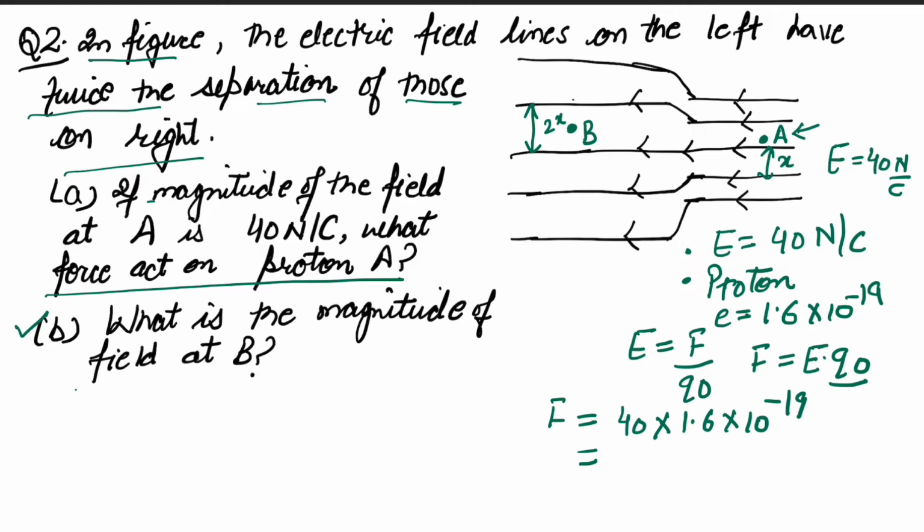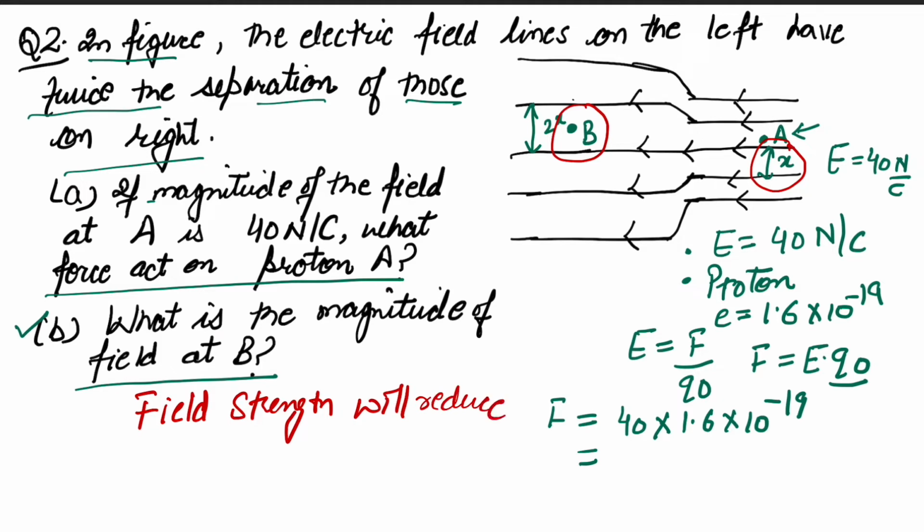What is the magnitude of field at B? Means you need to calculate the magnitude of electric field at this point B. You know that the magnitude of electric field is dependent upon the density of the number of lines. As the density of number of lines has reduced, here the lines were dense, the distance between the lines was x. Now the distance between the lines is 2x. When you have moved to the left hand side of the figure, it means that the field strength will